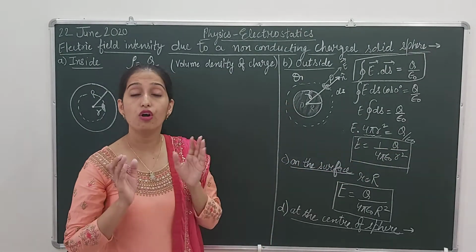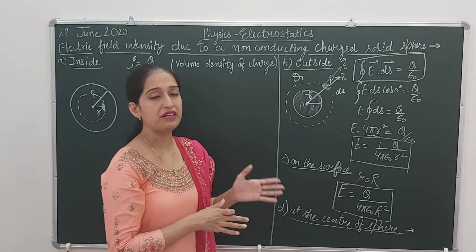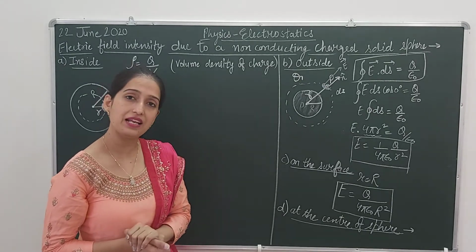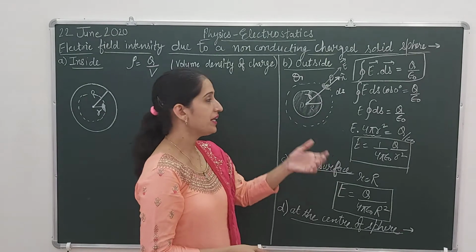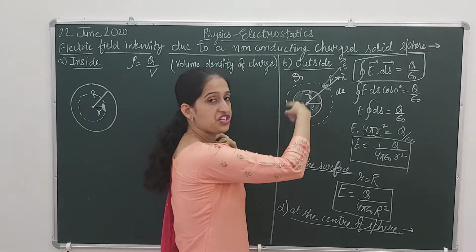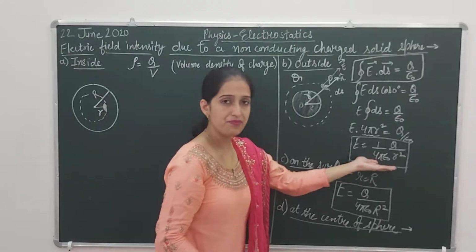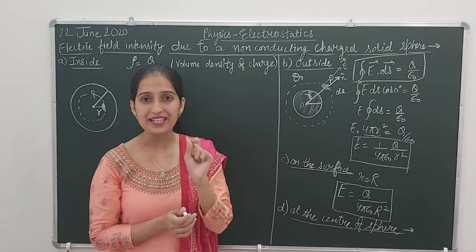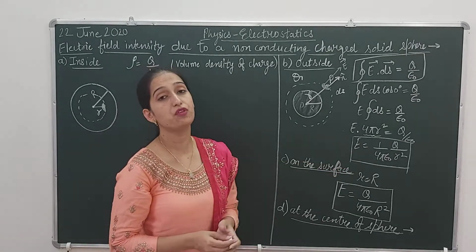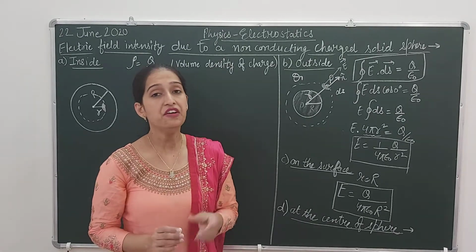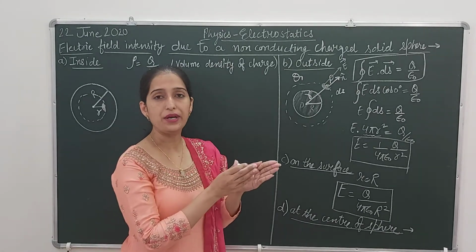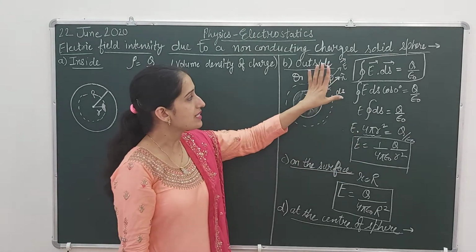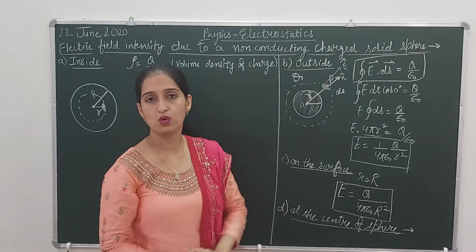This thing we have already done in the topic when we were finding the electric field intensity due to a uniformly charged spherical shell. So this case will remain the same, either it is a solid sphere or a spherical shell. This result is also the same as that of a point charge. For a point charge, the electric field intensity is given by 1 by 4 pi epsilon naught Q upon r square, where r is the distance from the point charge to the observation point. The same is here. So this is the electric field intensity outside a solid sphere.